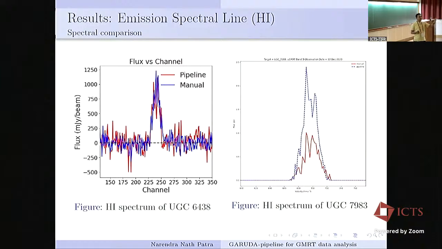It did not flag what does not look so bad. For this data, we found that it kept a lot of short baselines which otherwise we had flagged in manual flagging. Because we lost these short baselines, we were not sensitive to the diffuse emission. That's why the manual analysis picked up less flux, but the pipeline picked up a good amount of flux.